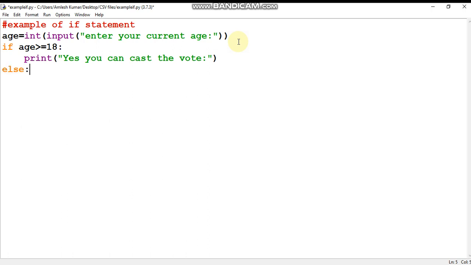Else, and I'm going to copy this one, and only I will change it here to "no, you cannot cast the vote".